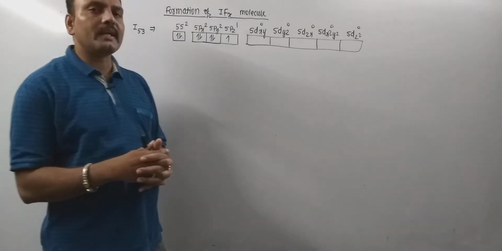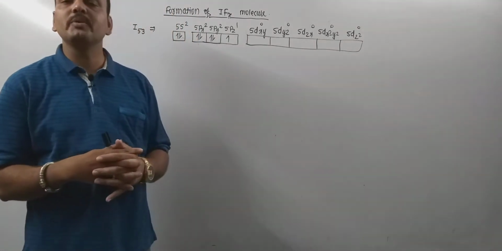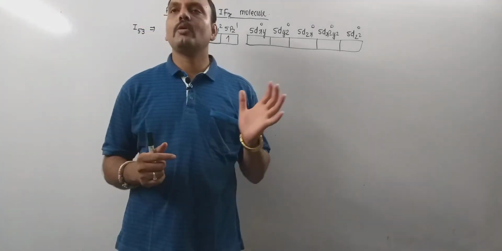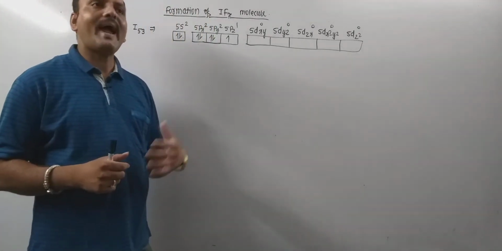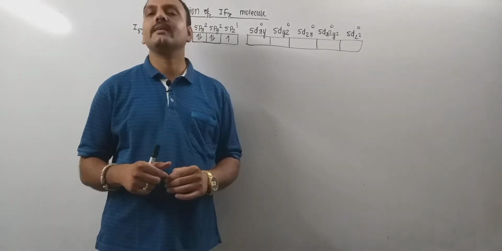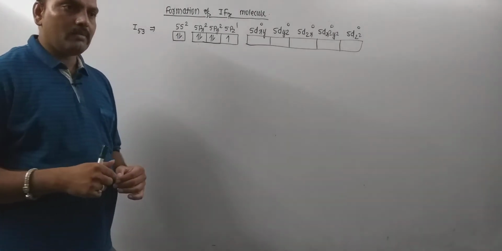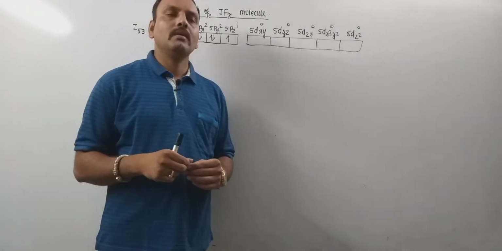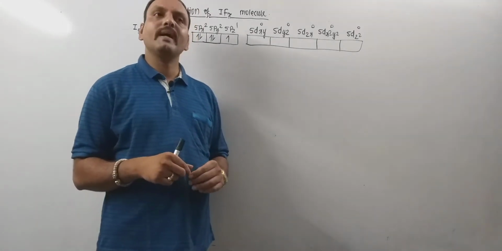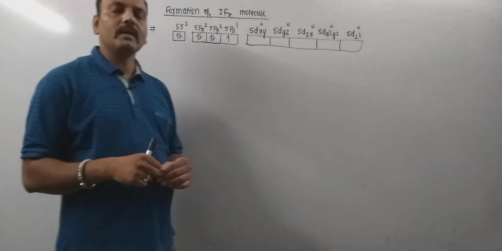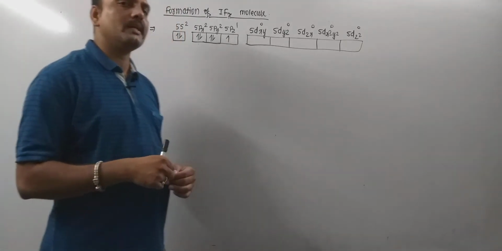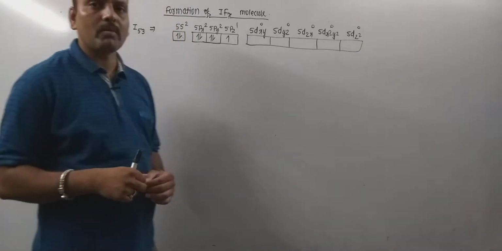sp3d3 hybridization is the process of mixing and redistribution of 1s, 3p and 3d orbitals of valence shell of same atom. Now, as 7 atomic orbitals are involved in the process of hybridization, the resulting hybrid orbitals so obtained during the course will also be equal to 7 by number. So, we know very well that the number of atomic orbitals participated in the process of hybridization is equal to the total number of hybrid orbitals formed.